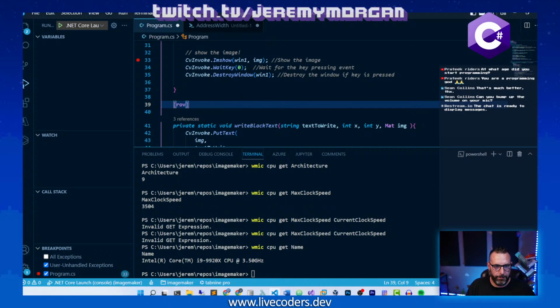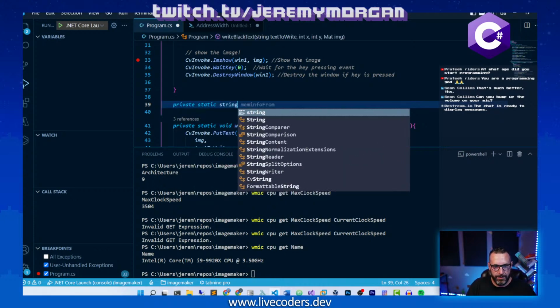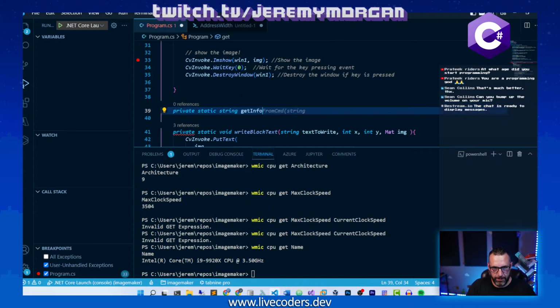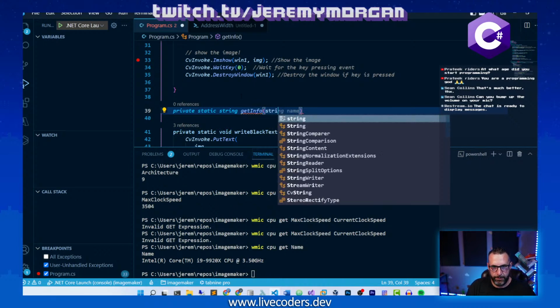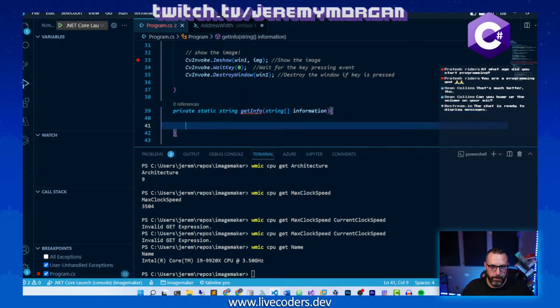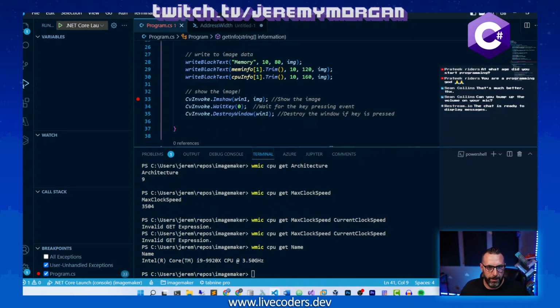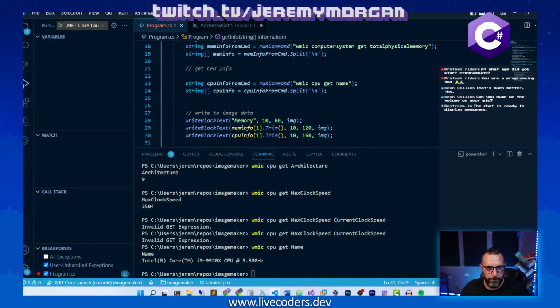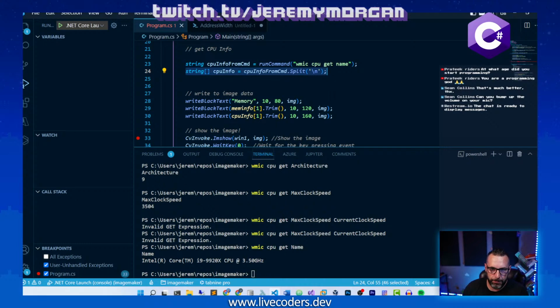I'm just going to call this one another private static string GetInfo. We're just going to pass in a string array called information. And we're just going to take this part of it. Or maybe I could put it in RunCommand, but not every command puts it out. So